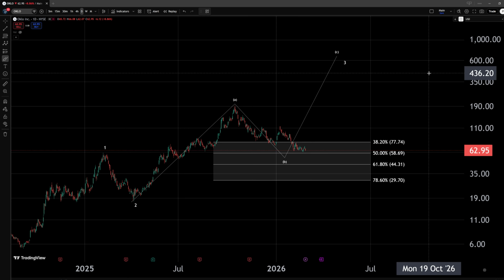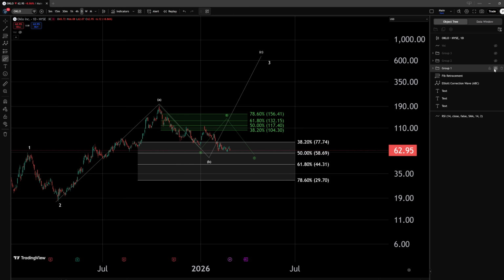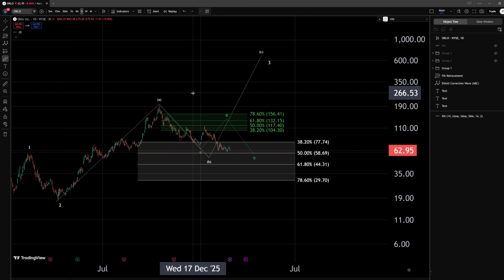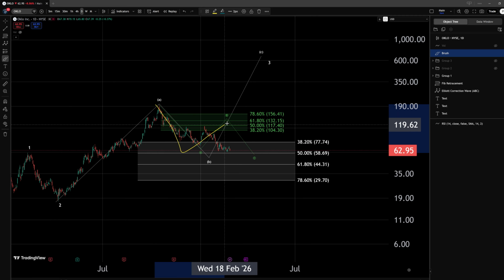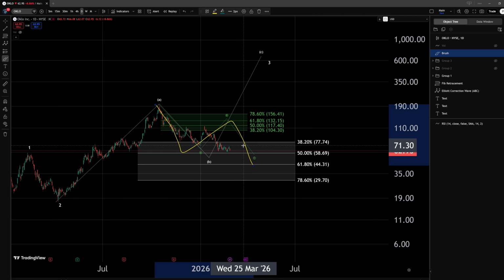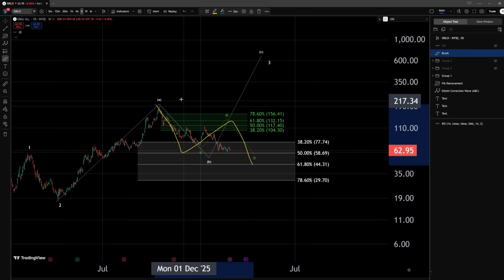Now, before we go into that, I wanted to provide some context of what we were tracking in the previous videos. So we have been looking for at least a large correction in an ABC structure. We needed to break the relevant levels of resistance anyway for a signal that a more substantial bottom would be in place, and that was up to the